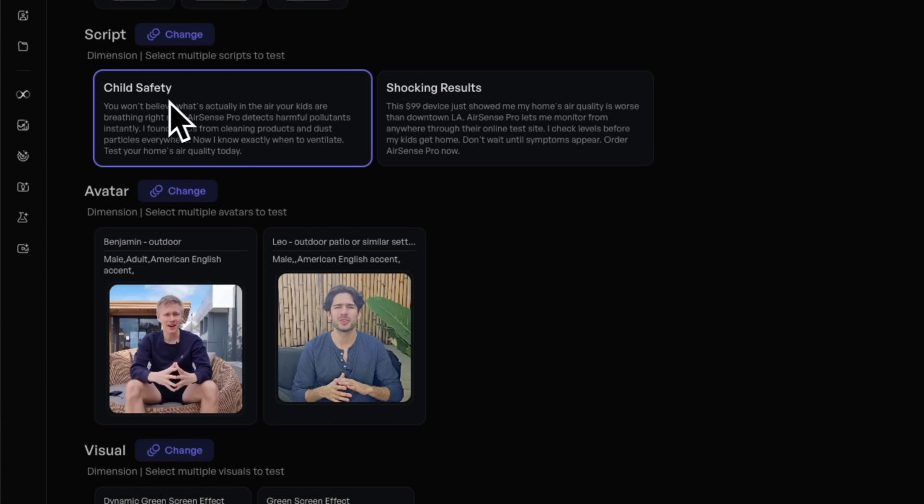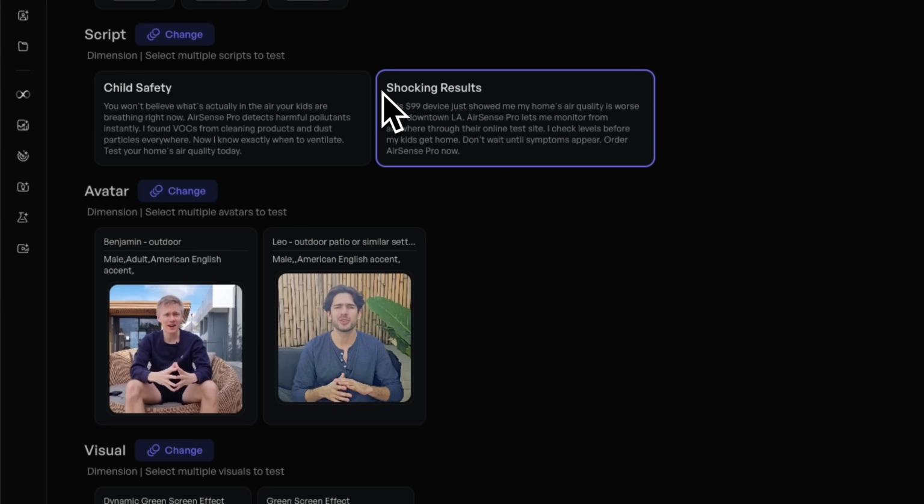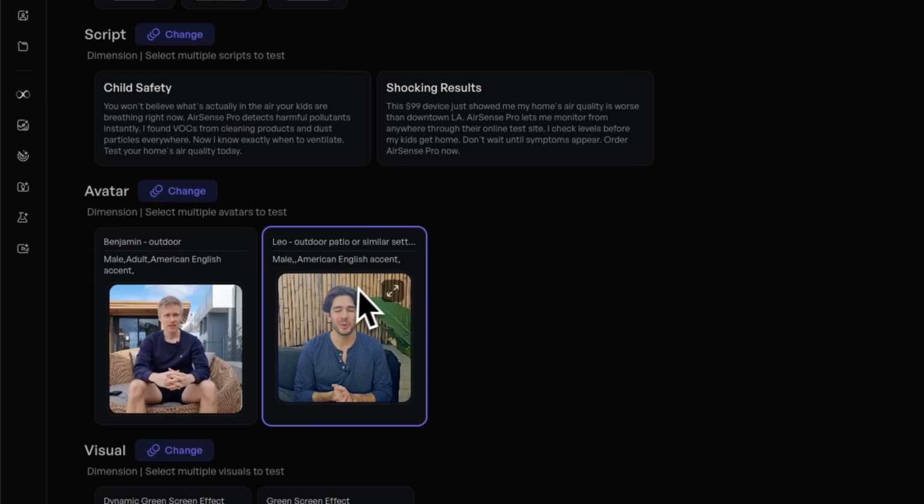The first focuses on child safety with an emotional appeal, targeting parents concerned about the quality of air in their homes. The second uses shocking results, a data-driven approach, presenting specific numbers and facts to capture attention with hard evidence. This stage is called message testing or copy variation analysis. And guys, in the avatar section, you can run A/B tests